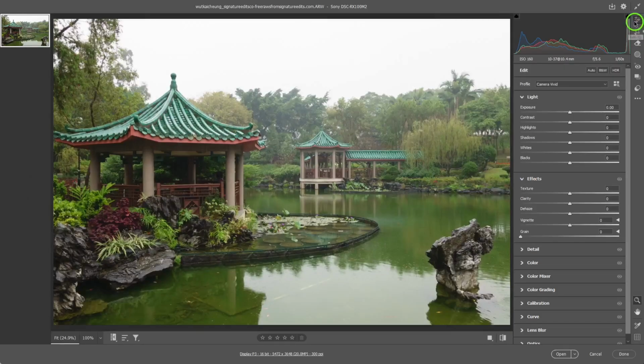So let me go back to the basics setting here, and let's just start working through. And again, I'm not showing you how to achieve a look this time. We're looking at capabilities of the Photoshop program. So one of the things to keep in mind, and we'll look for in the competing programs when I do those videos next, is the breadth of settings and capabilities that you have for processing raw images. So let's just start in this light, or what used to be called the basics category here,